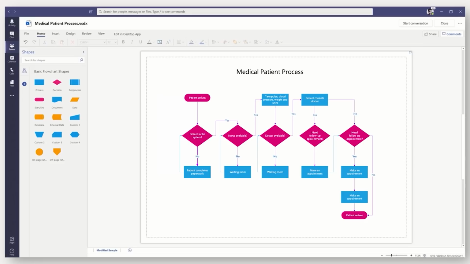After you've created the Visio file, teammates can now view, edit, and collaborate with you all within Teams. For clarity, editing is only available if your organization is on a Visio Online Plan 1 or Plan 2 subscription. But viewing Visio diagrams in Teams is free for most Office 365 customers.